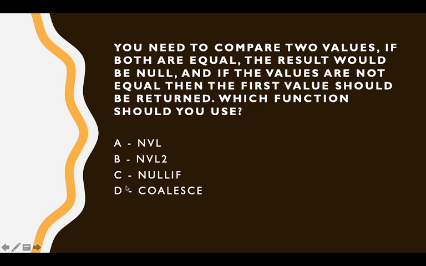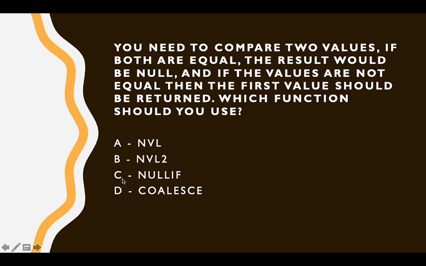And also let us see what our last function is, that is COALESCE. This function can take multiple values and return the first non-null expression in the list. It examines the first expression. If the first expression is not null, it returns that expression. So we are obviously going to reject that as well, because it works on multiple values, on a list basically. So the correct answer for this particular question will be NULLIF, that is option number